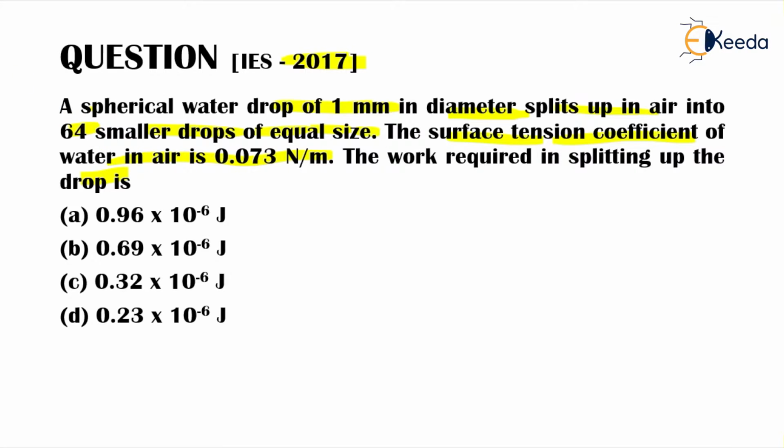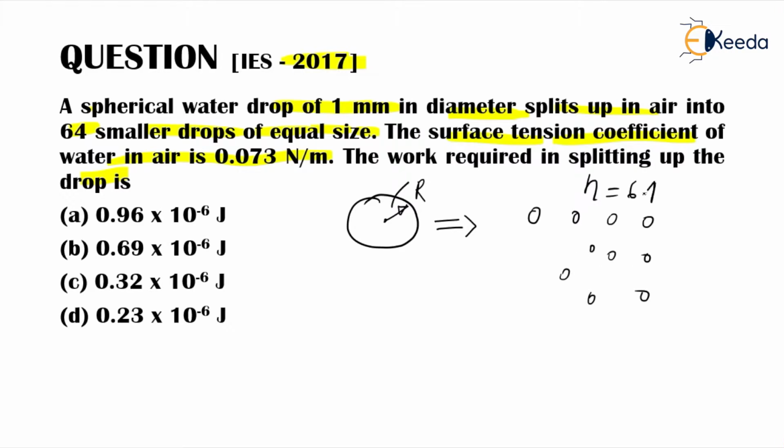So we should think of it as we have a very big droplet of water, let us say of radius capital R, and it has to split up into various small water droplets. How many? The N value is 64. 64 small droplets, each of radius small r. Now, the very first thing we should do here is to calculate the radius r. So we know that volume is going to be constant.